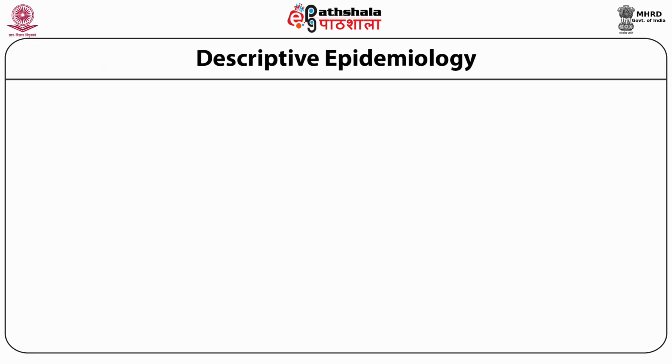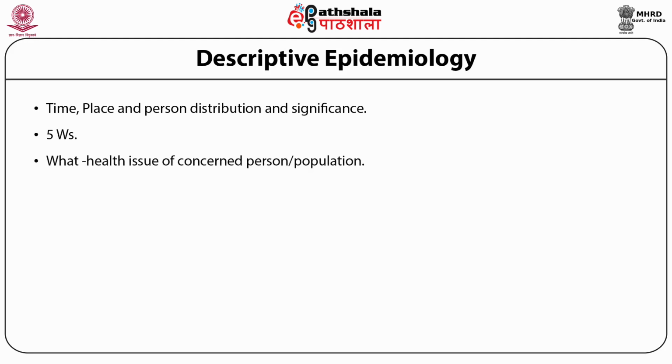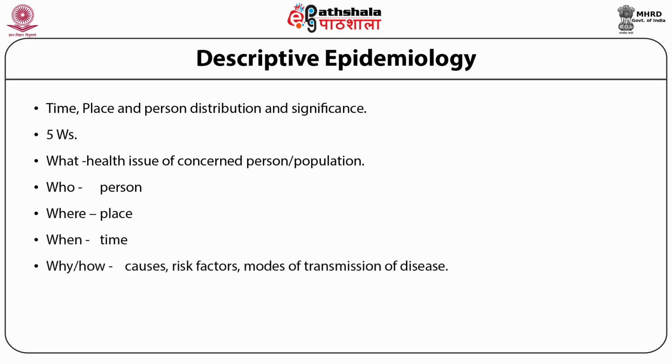Descriptive epidemiology. It covers time, place, and person. It is concerned with the 5 W's, that is, what: health issues of concern; who: the person or population; where: the place; when: about time; and why and how, that is, causes, risk factors, and modes of transmission of disease. Data collection and analysis by time, place, and person is desirable as it helps in establishing causal relation and pattern